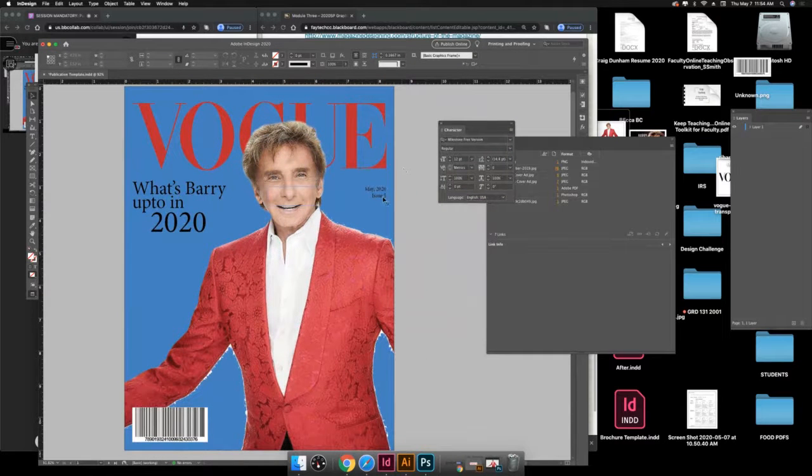I'm going to duplicate this little text box, copy paste, and I'm going to put the page number, which is 4 and 5. But we don't have to say 4 and 5. We just need to tell them where to go, page 4. I could also put something like